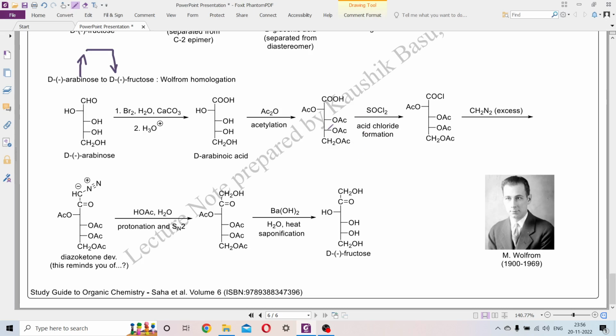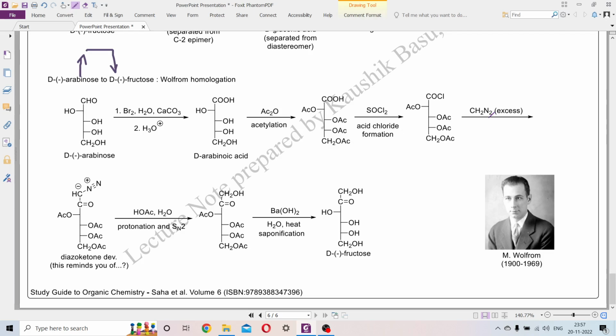Then you treat this with SOCl2. You need to acetylate, because otherwise, if you treat this with SOCl2, then along with the carboxylic acid group, the hydroxyl groups will also be replaced by chlorine. So it's kind of offering protection to the hydroxyls, because we would like to keep them as they are in the product. So you do the SOCl2. Now the free CO2H group gives the formation of the COCl. Now you treat it with, you guessed it,